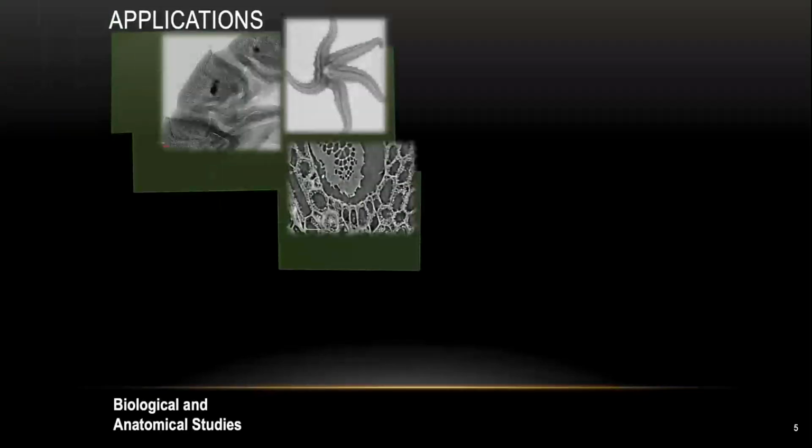What kind of sample can you do on micro-CT? Since during the CT scanning we are scanning in ambient pressure and temperature, you can literally do any sample you have in mind. We're using micro-CT to do a lot of biological and anatomical studies. On the top here is a projected image of a starfish, and right next to it is a section of a hairy spider leg. Down here is a cross-section image of a plant silent cell.